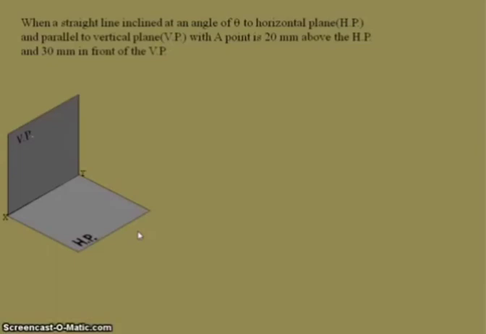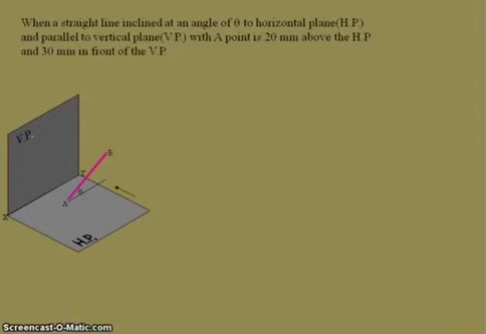So here it is a first quadrant, horizontal plane and vertical plane, and this is the line condition. Here this line is inclined to the horizontal plane and parallel to the vertical plane. In this condition we need to draw the front view and top view. Now we discuss how the appearance will take place. So in front view, this is a horizontal reference line I am using, at an angle of theta. That means the straight line is inclined to the horizontal plane at an angle of theta. I am giving the name as AB.